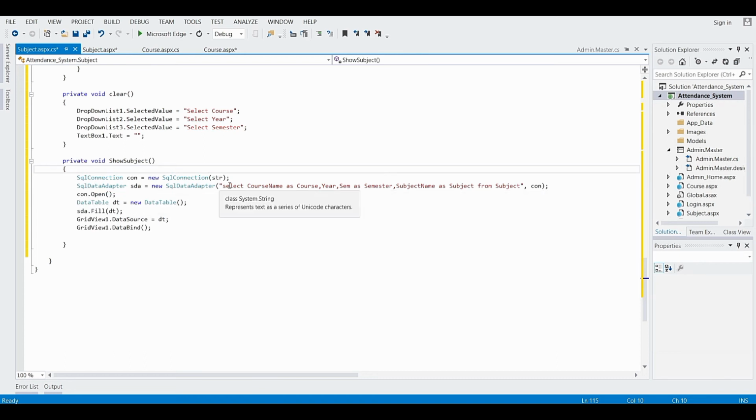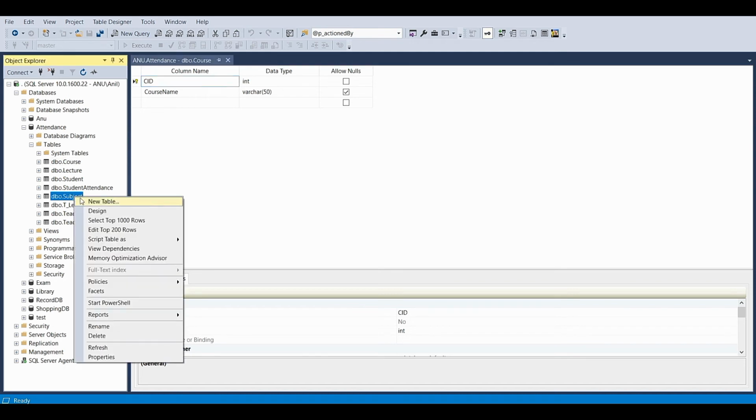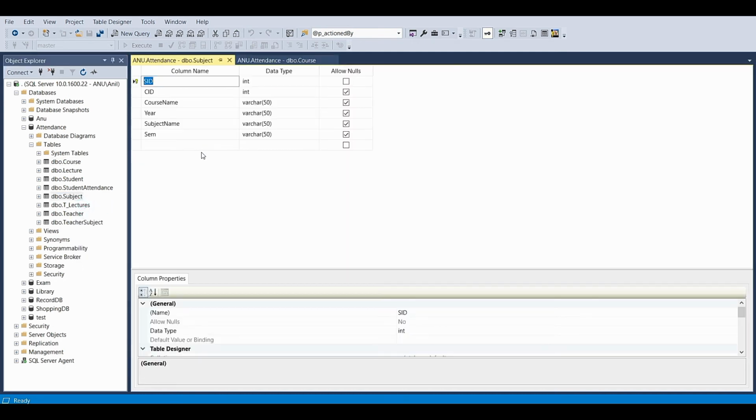Within that I have taken the SqlCommand, that is select course name as course, year, sem as semester, subject name as subject from the subject table. So let's see what is inside the subject table. In the subject table I have given some columns, that is SID subject ID, CID course ID, course name, year, subject name, sem, that is semester.